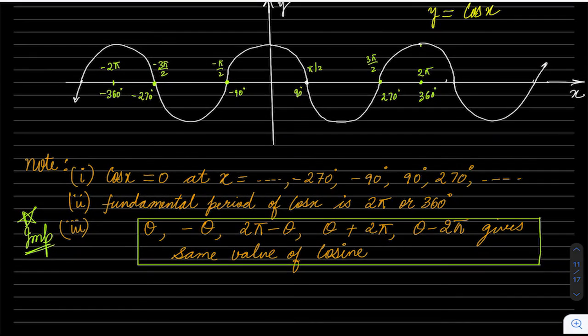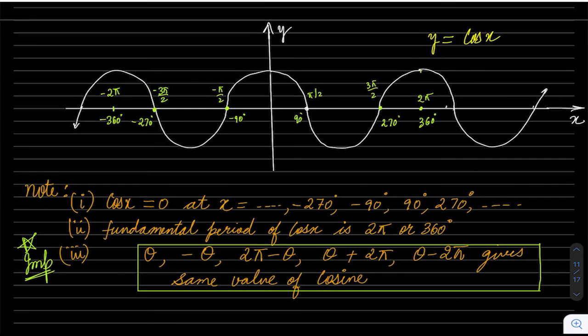Okay, let's talk about cos now. Cos x has the graph of sin x, but shifted to the left side, or you can say right, it depends on which pattern you are writing. Now cos x is 0. You can see it is 0 at 90, 270, 450, like this.